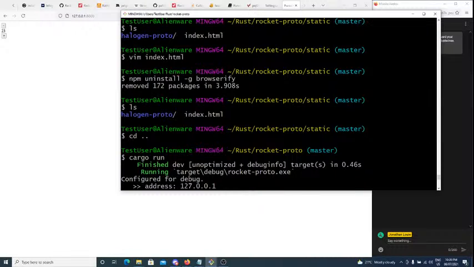That's great. So I ended up switching from Thermite to Halogen. Halogen is another UI framework in the PureScript world, aside from Thermite. Thermite's a bit older, and it's based on React, like I said before.